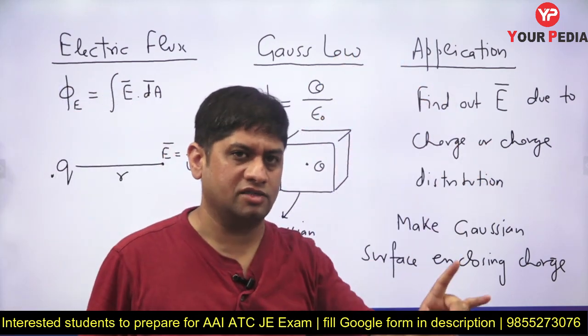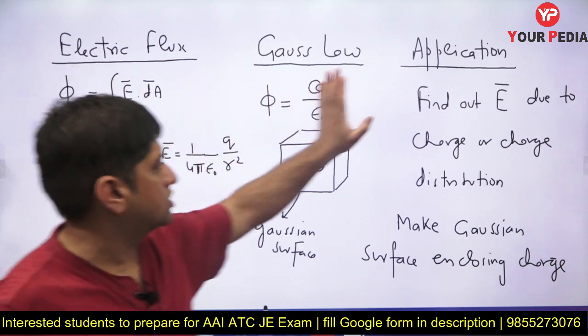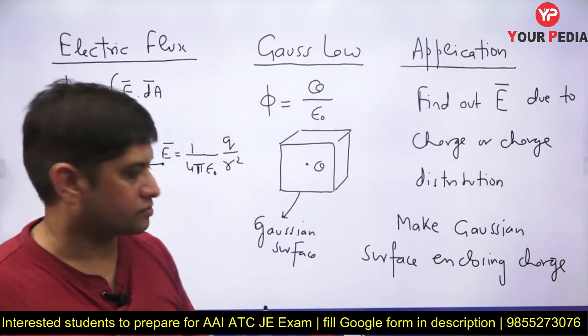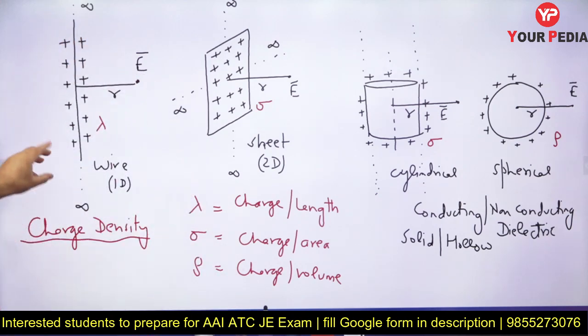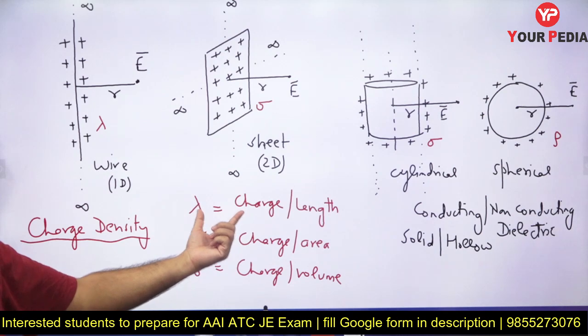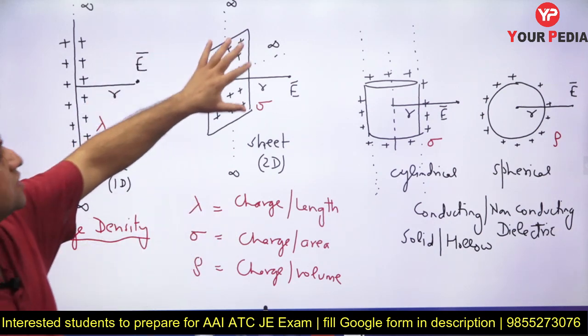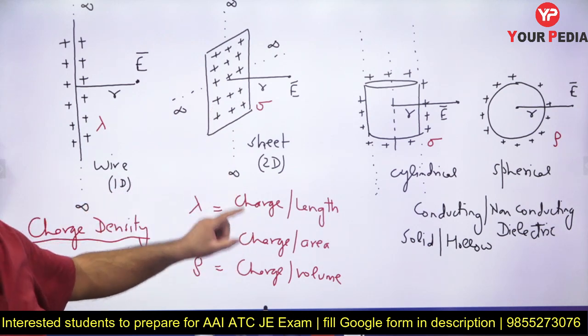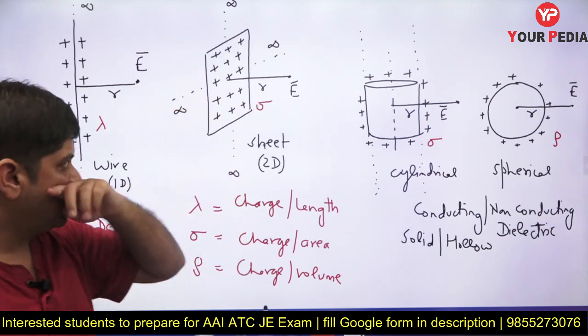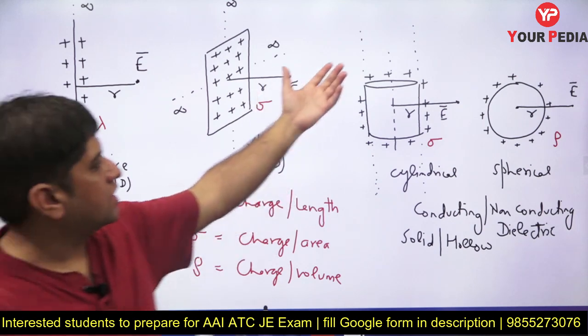That is this third lecture. First lecture was this, second lecture was this, third lecture is this. Then I told you that in this particular lecture we are going to find out electric field at a distance r from a wire which is infinitely long wire having linear charge density lambda, a sheet which is infinitely large sheet having surface charge density sigma, and what is the electric field at distance on this side or that side. Then a cylinder